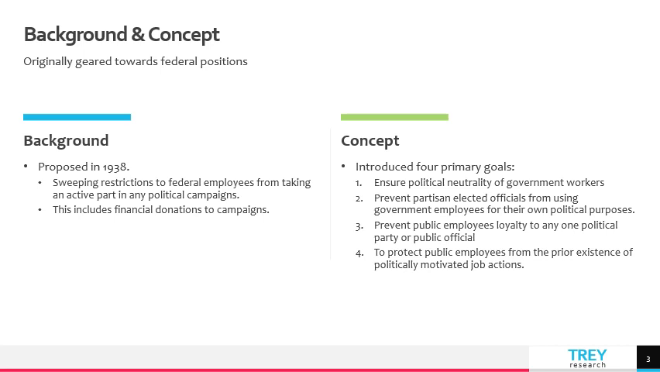So the original Hatch Act was an attempt to regulate corruption and possible intimidation within the federal government. It was enacted by Congress in 1938 or 39, I think it was. Senator Carl Hatch, who is the main proponent for this bill,